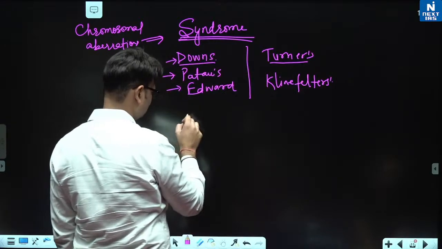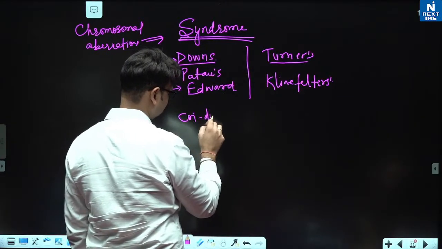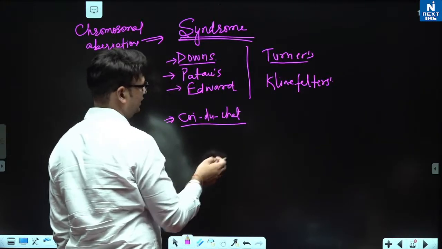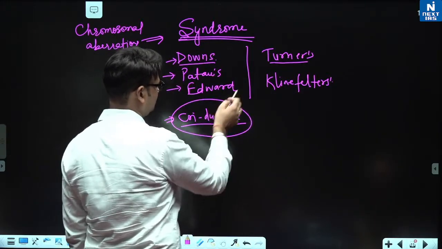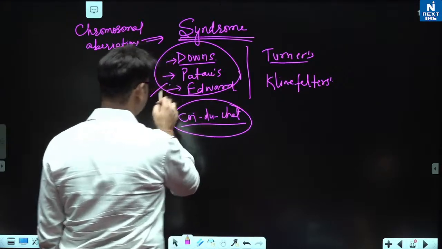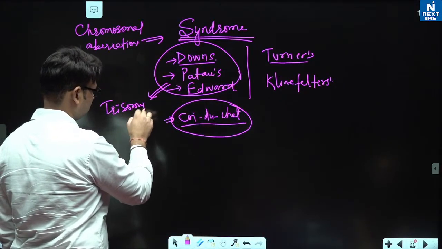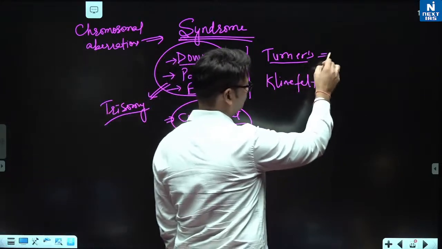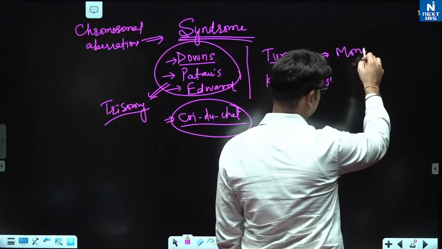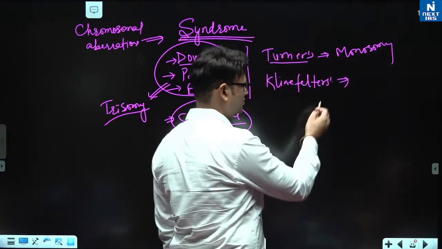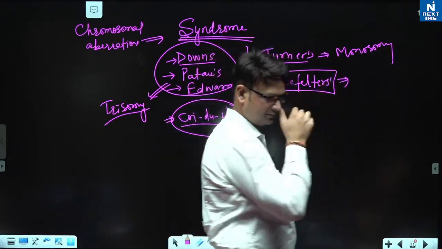or that Cri-du-chat syndrome, right? This is a product of deletion, and this is, you can say, product of trisomy. This is monosomy, okay, and this can be trisomy और टेट्रासोमी, ठीक है,